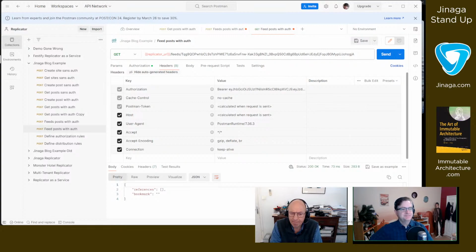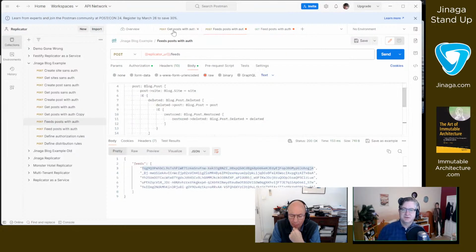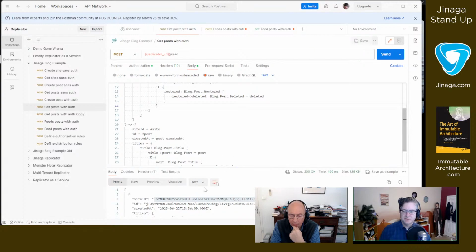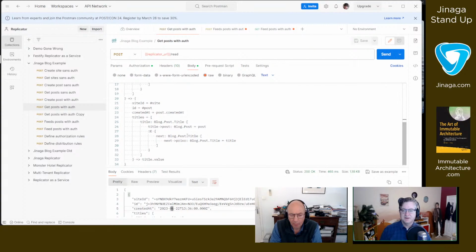Well, the thing that it was supposed to do right here is give me back a bunch of fact references in JSON, and then I was going to go on to load so that I could load one of those fact references. Let's see if we can skip to load by just using the ID of the post. Let's do that.